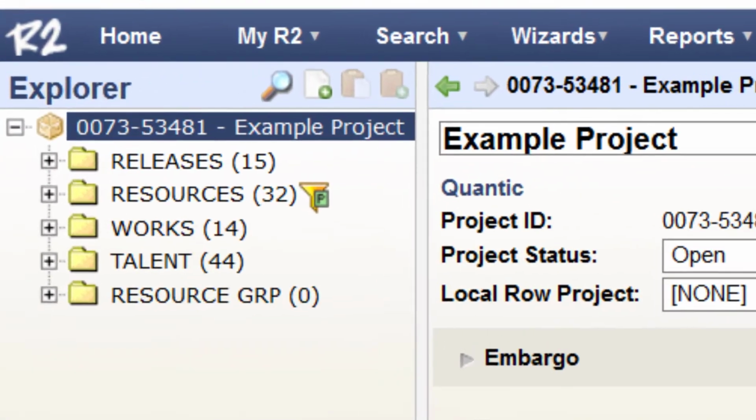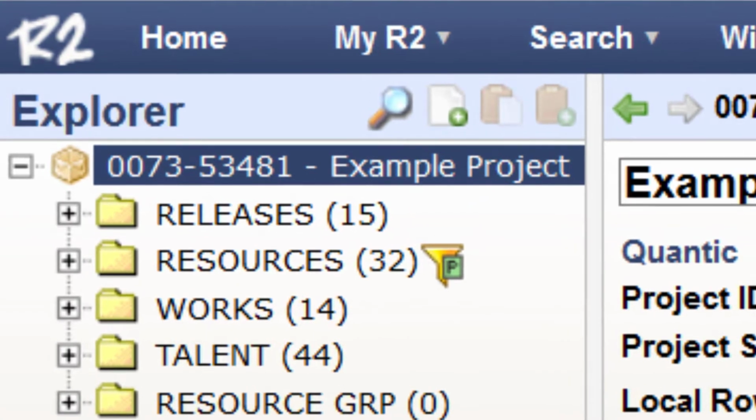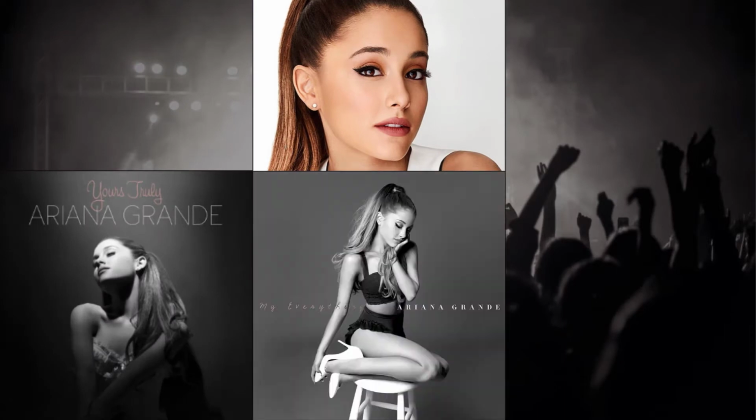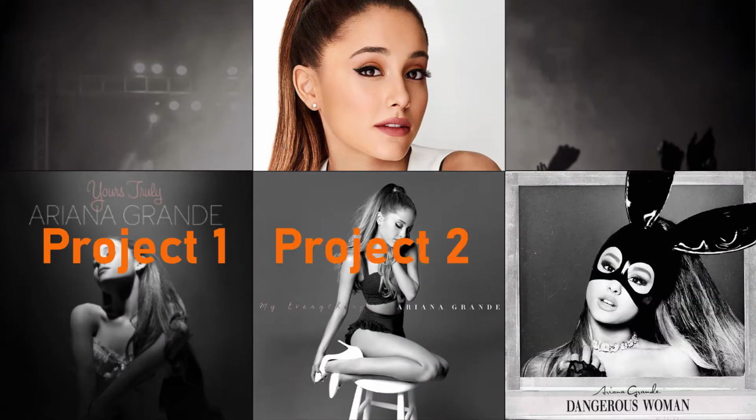An R2 project is a container that should typically hold all of the data that relates to a certain marketing campaign, and therefore a certain financial budget. Traditionally, a period within an artist recording contract refers to an album cycle. So, for a 3-album record deal, you would expect to find 3 projects, one for each album to contain all